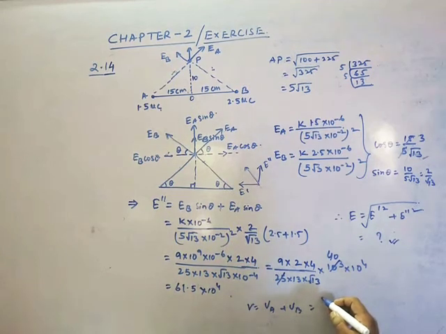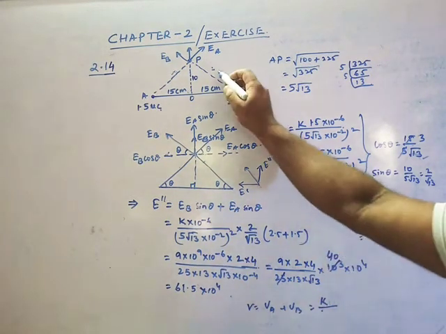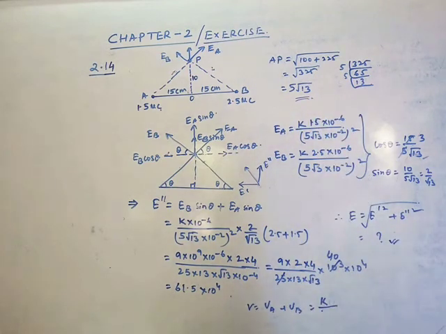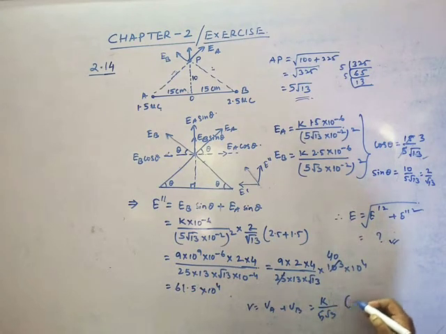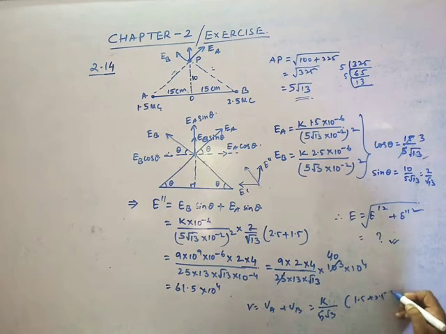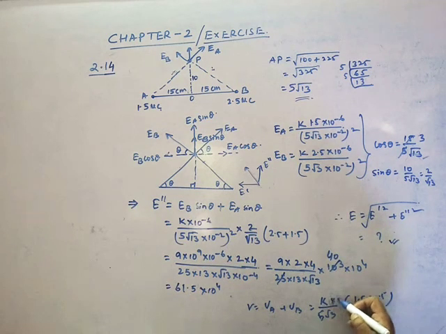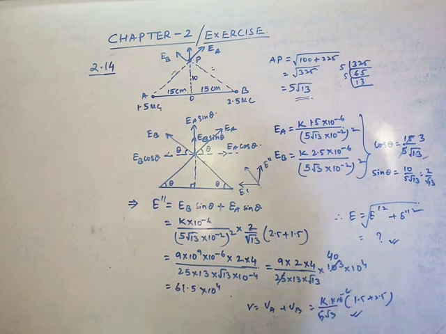That means what? K, Q will be different, right? And here it is divided by the distance. Distance is also the same. What is the distance here? This 5 root 13. How will 5 root 13 come? Here 5 root 13. Q will be different. They both will be added, right? That is, 1.5 plus 2.5 will be added, but it will come into 10 to the power minus 6. Just do it and give the answer. Find it and check, your answer will match in this. Clear?